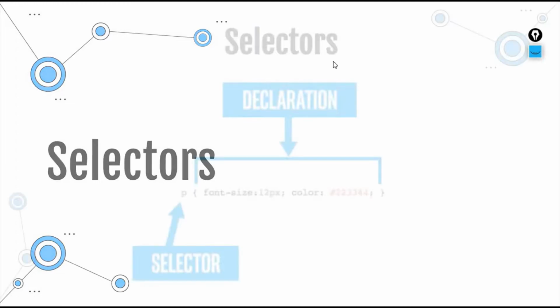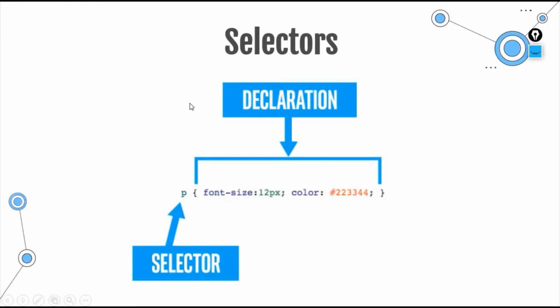In the previous lesson, we learned that a CSS rule is made up of two parts: the selector and the declaration. So we've seen quite a few different declarations, but the only selector we've learned is the tag selector. There are other choices, and they can be composed together in interesting and useful ways. So let's learn some more CSS